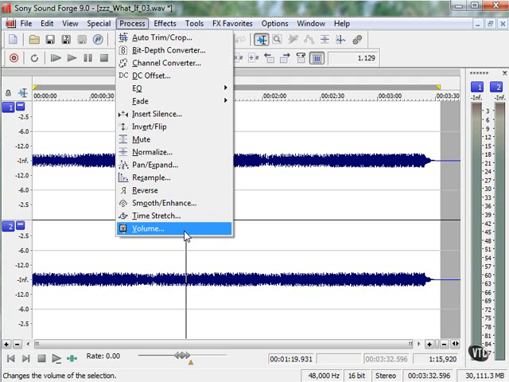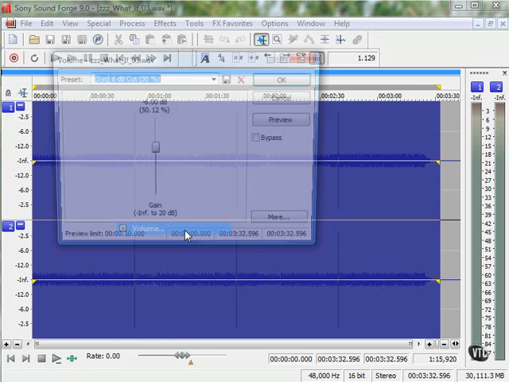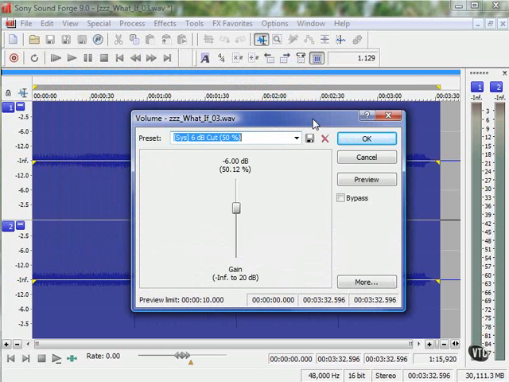If I come to Process and choose Volume, you can see we have a very simple plugin that allows us to either cut or boost our volume. Somewhere near the top, as you can see, is 0 dB or 100%. So this is going to neither boost or cut our volume. We can bring the gain right down to -infinity. This will give us silence, and we can turn it up to 20 decibels, which as you can see is